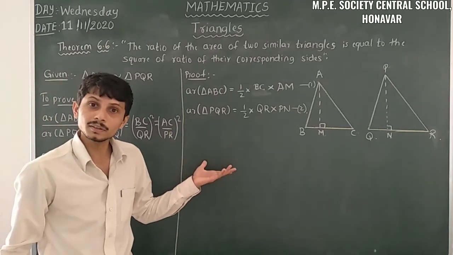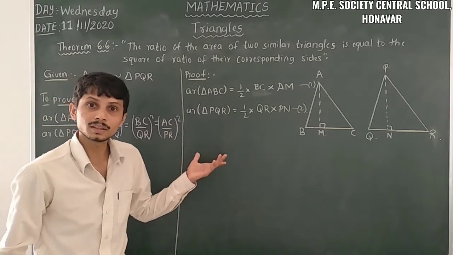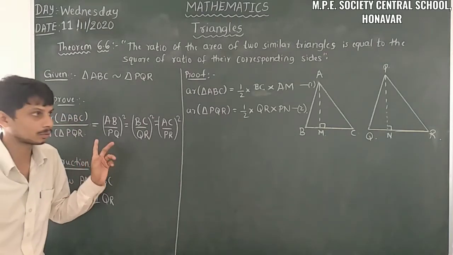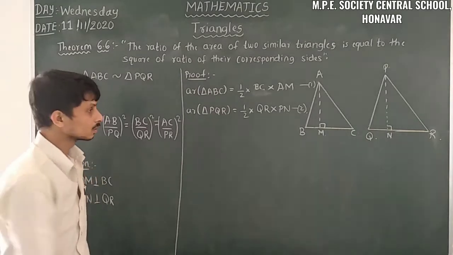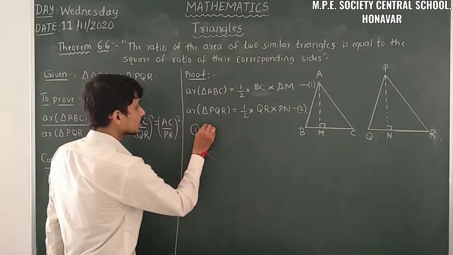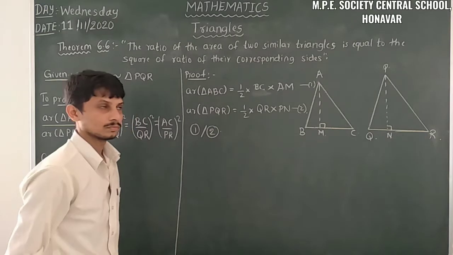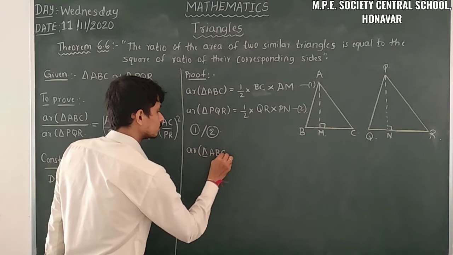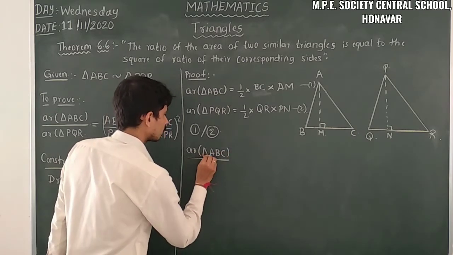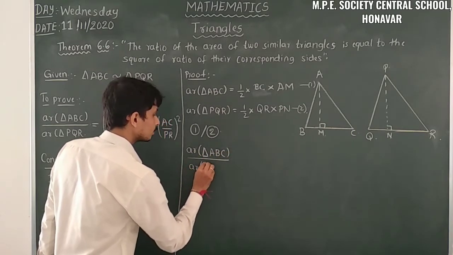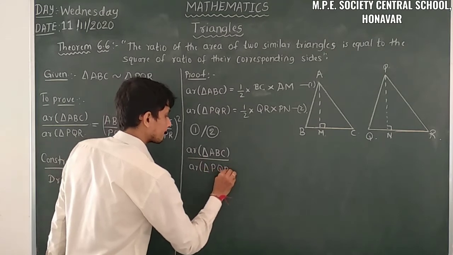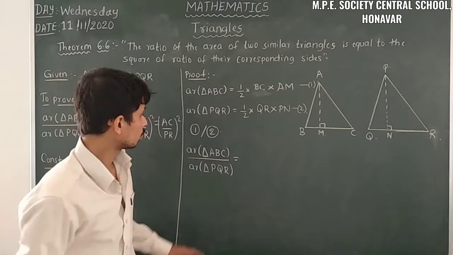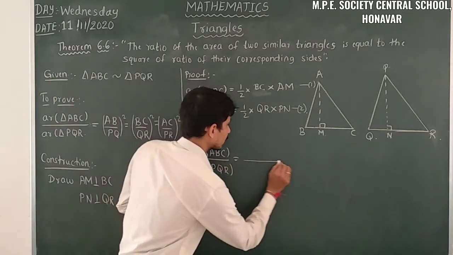Then here we want the ratio when we compare to the LHS side. So let's take the ratio of that one. That is equation 1 divided by equation 2. Area of triangle ABC divided by area of triangle PQR. So let us find what we have here. Let us take those completely.